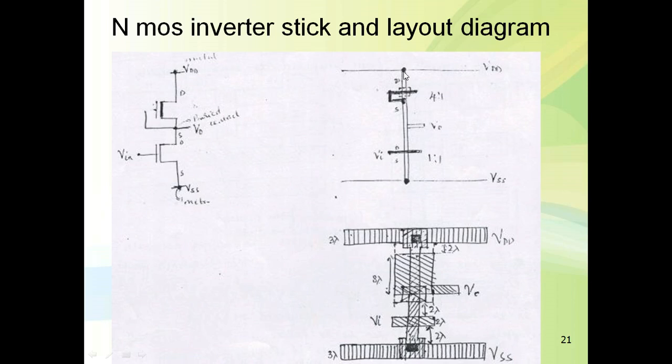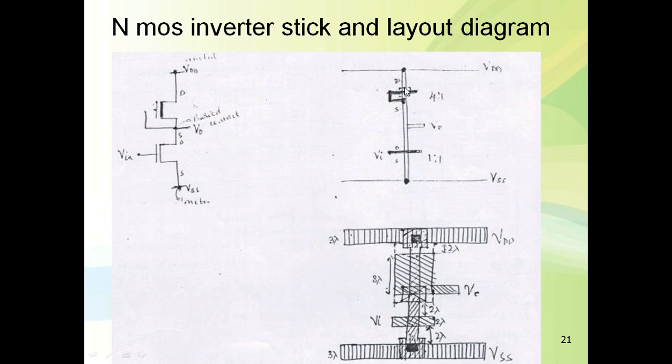This is the N diffusion layer, and this is poly, shown by the dark line. Poly crosses N diffusion, and there is a connection between gate and source.